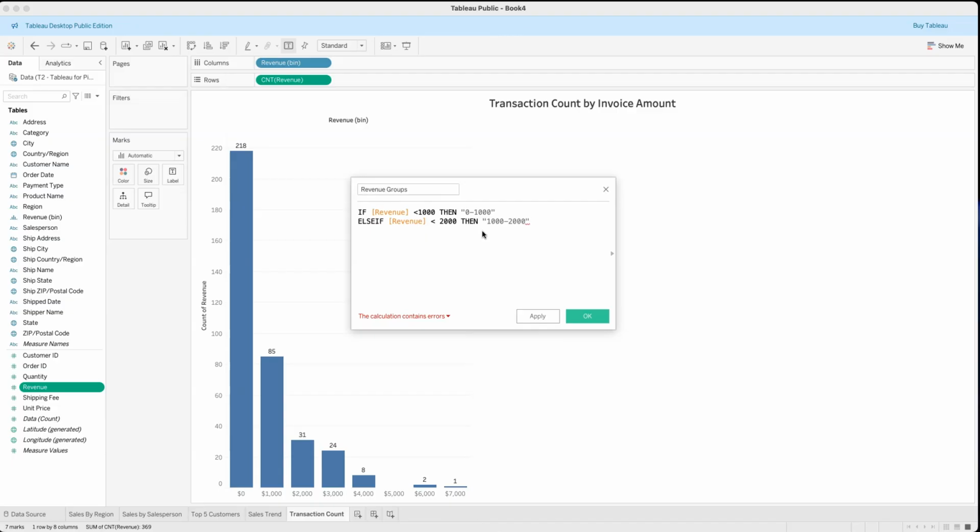But it's under 2,000 down to 1,000 because we already told it what to do with up to 1,000. And then else if again, and we can bring in revenue. We can also drag it in if we want to. Okay. And if that is under 3,000, then, and bring in the then function, quotes, we want it to say 2,000 to 3,000, close quotes. Else if again,